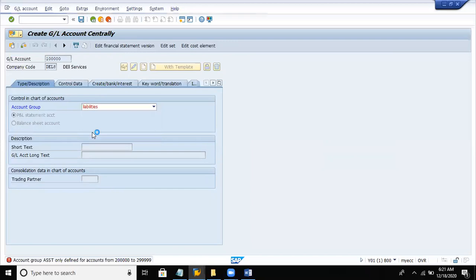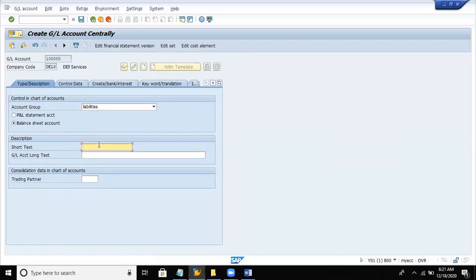So liabilities. Now, whether these liabilities fall under the P&L account report or the balance sheet report. Usually it is a balance sheet. So select balance sheet.